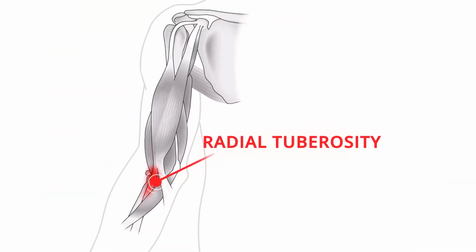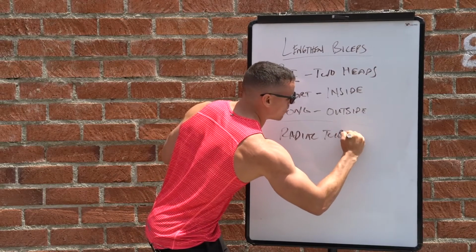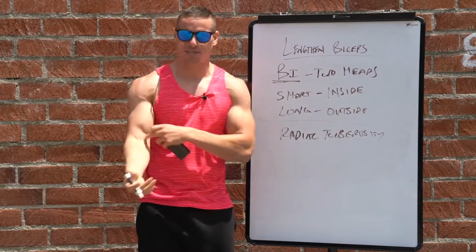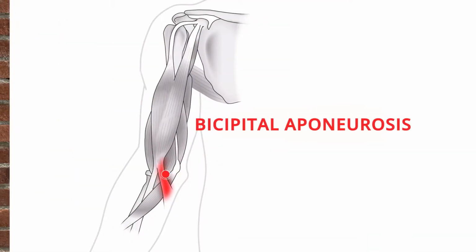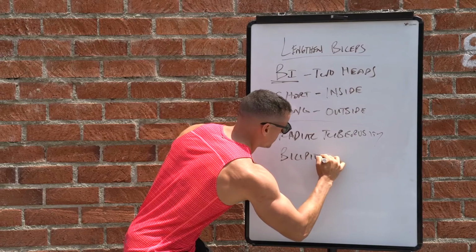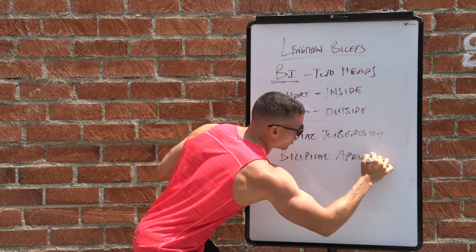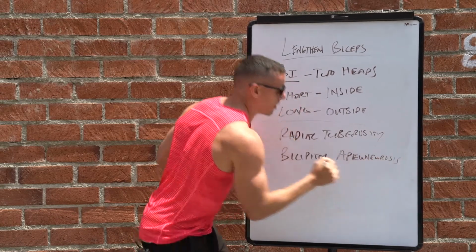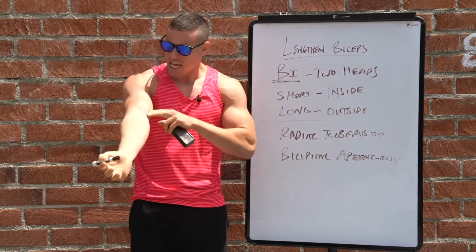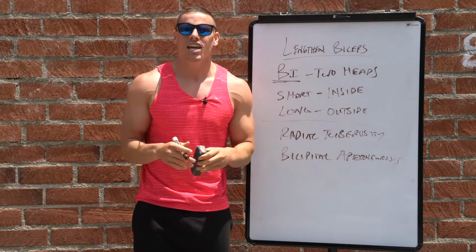So we're gonna write this down. This is just going to be a lot of information for you. Tuberosity, just so you can be like, hey, my friends, I know where my biceps insert. And then you have your bicipital aponeurosis, okay? So your bicipital aponeurosis. I can't spell. Okay, and this, no matter what,